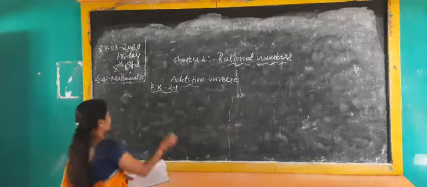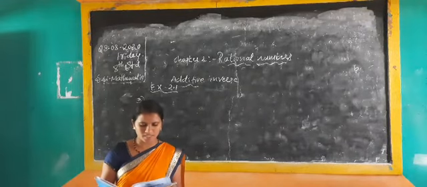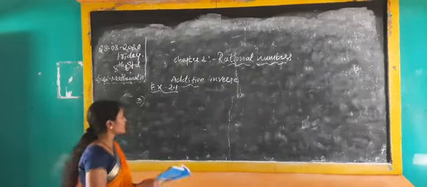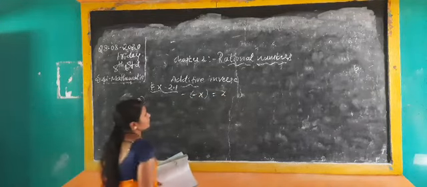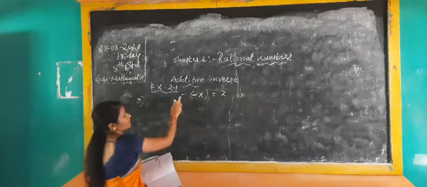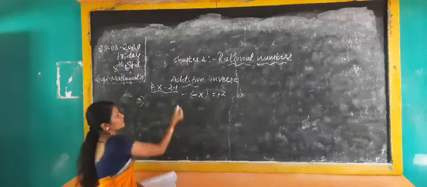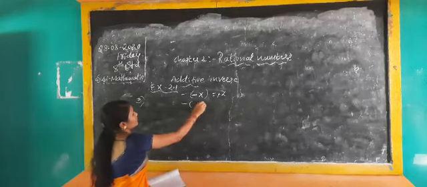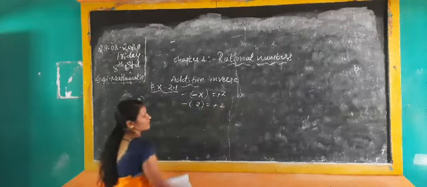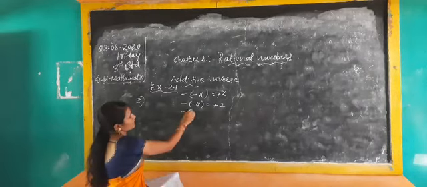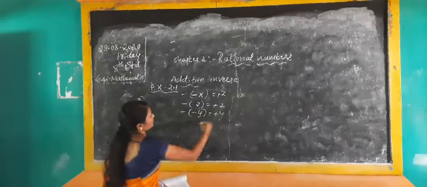Third main: verify that minus of minus x is equal to x. Here, say whether minus of minus x is equal to x is true or false. You already know negative into negative, minus into minus, will be plus, with whatever the variable is. I am considering one example: minus into minus 2 will be plus, and whatever value is given, 2, you write here 2. Another example: minus of minus y will be plus y.